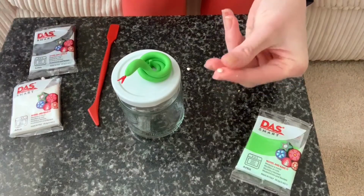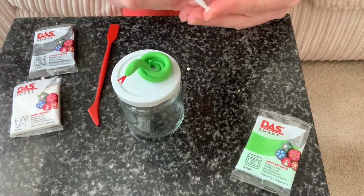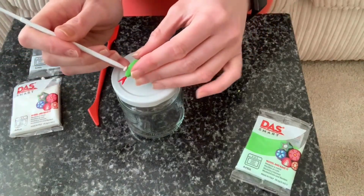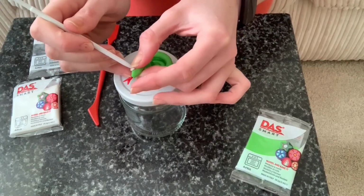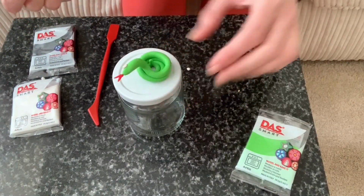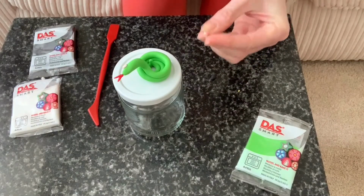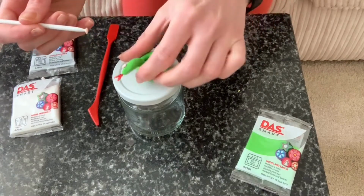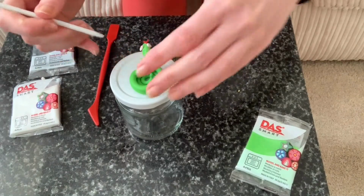Just flatten it between your fingers. I've got this tool, going to pick it up with one side, make a little indentation in the centre, pop it onto the side of his head and press in gently but firmly. There's one eye, and then I'm going to do the same with the other side. So roll it into a little ball, flatten it, press it between your fingers, make a little indentation, pop it onto your snake's head, press gently and firmly,